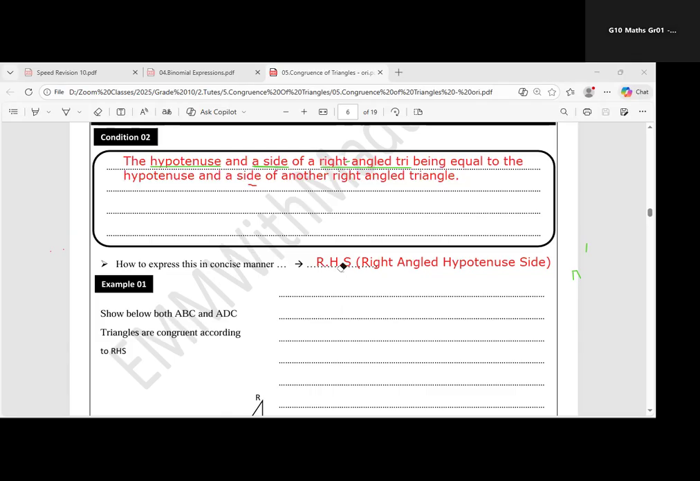RHS means right angle hypotenuse side. Right angle, hypotenuse, side. Once you finish writing this one, you can take the